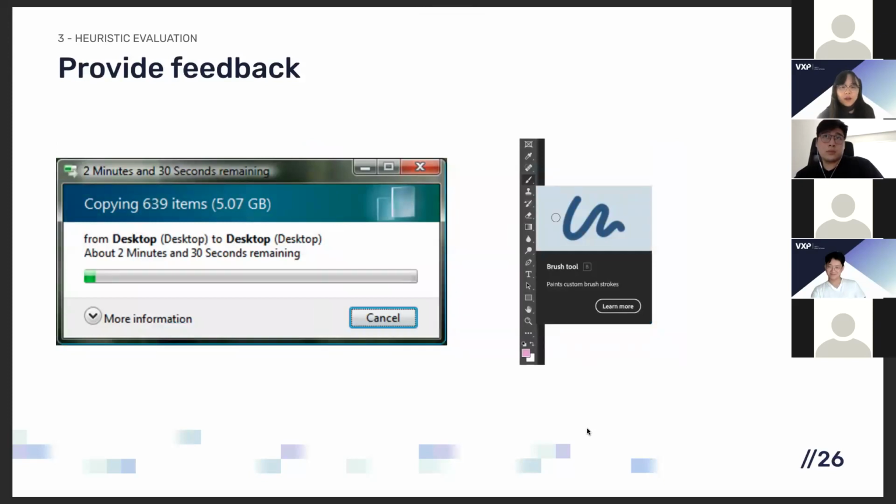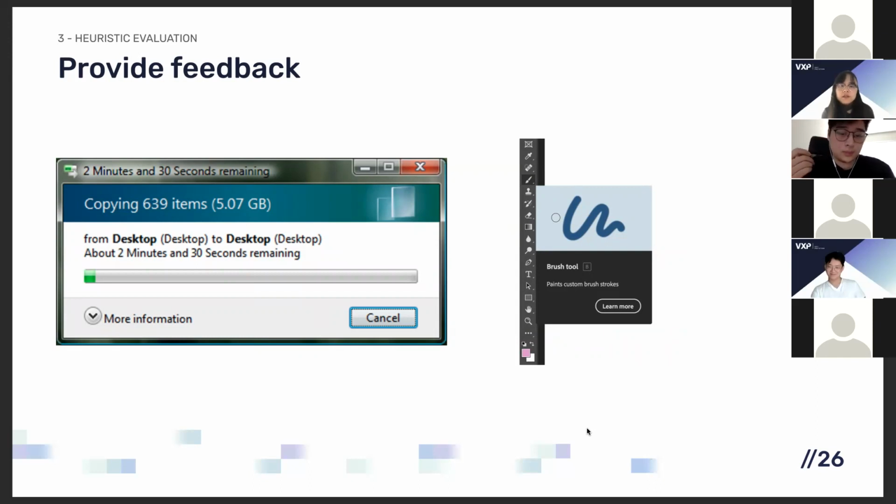And provide feedback. Does your UI continuously inform the user about what the system is doing? How long is the response time? So when you hover over the icons in Photoshop, there's a preview of what the tool is right away. So what happens if it doesn't come out? Because, as we know, Adobe